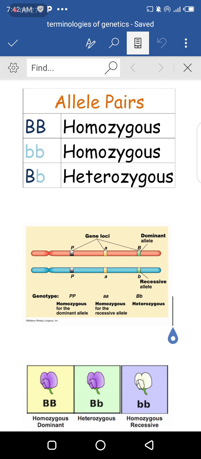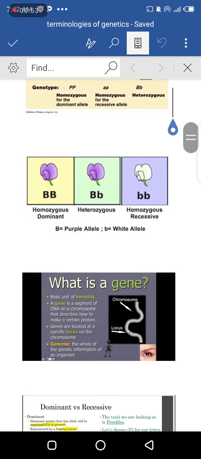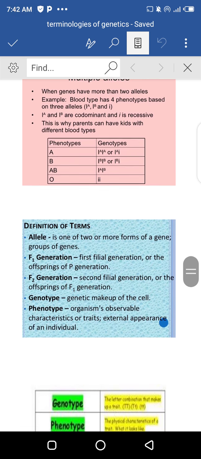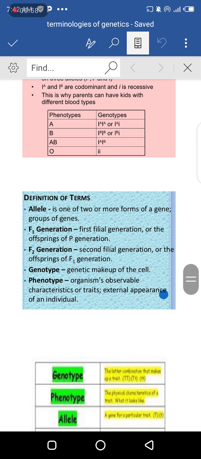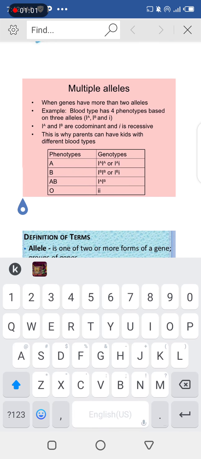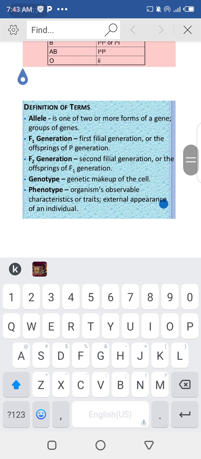Capital B and capital B, these are the two alleles, and it is a form of pair. And small b and small b, these are homozygous, and the homozygous capital B, two alleles. So these are both homozygous. But capital B and small b, when these alleles combine, we will say these are heterozygous. The definition of allele is that it is one of two or more forms of a gene,